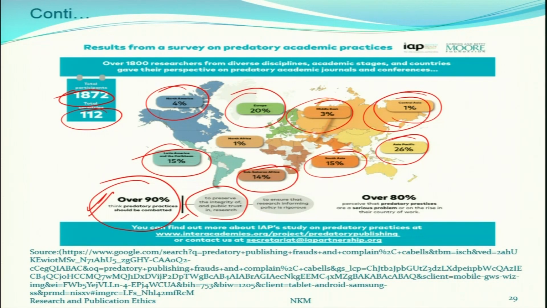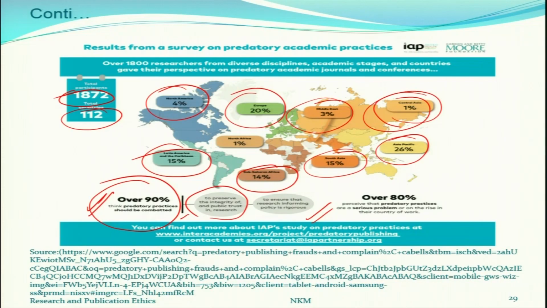believe that we need to have stringent guidelines for publishers, and we need to have tight regulations. So we have to protect the integrity of the research practices, and we have to maintain the public trust in research. Regarding research, it is to ensure that research informing policy is rigorous. So we have to have strict research policies also, in terms of avoiding these kinds of publication